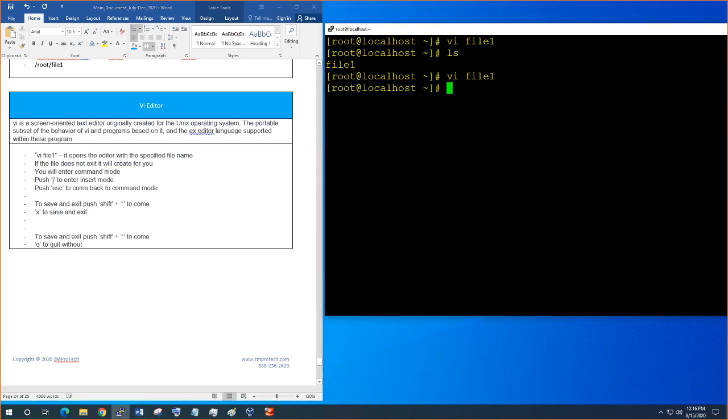Okay. So you go vi file 1, you hit enter. So right now you are in command mode. It automatically puts you into command mode, okay? And if you want to quit, so far you are looking at the file here. You want to just quit the file, just Q and enter. You will quit the file because you didn't make any changes. Okay? And if you push I,